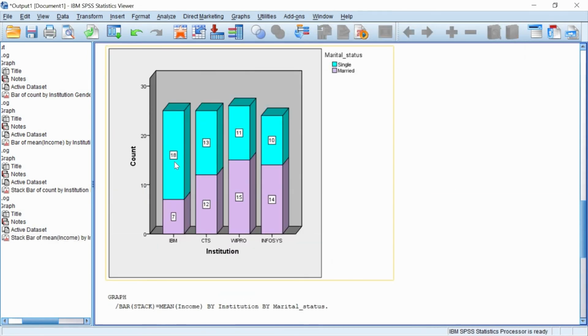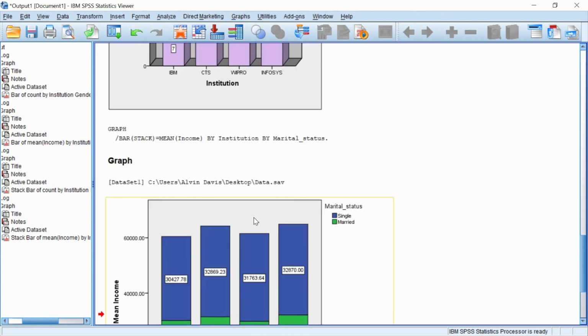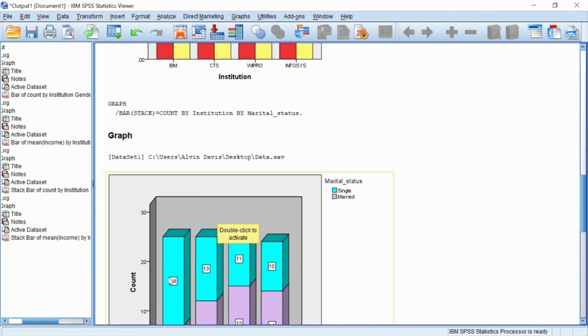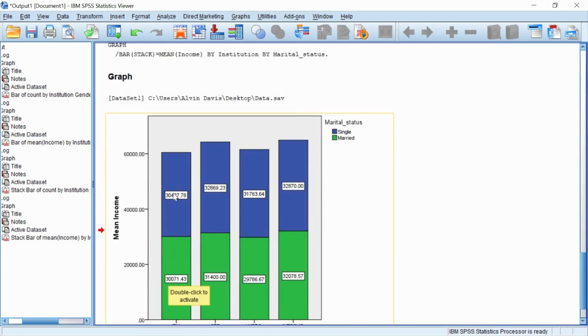Here this is a count, the 18 from single, 7 from married in IBM. So likewise in all the companies. Here the 7 married employees' average income, then here the 18 employees' average income are displayed. Instead of the count, I displayed the average income in the bars.